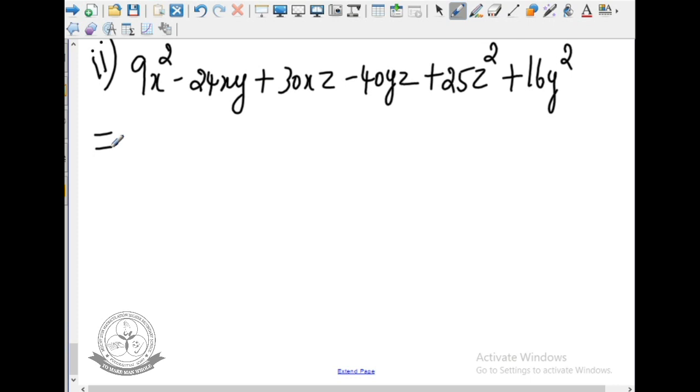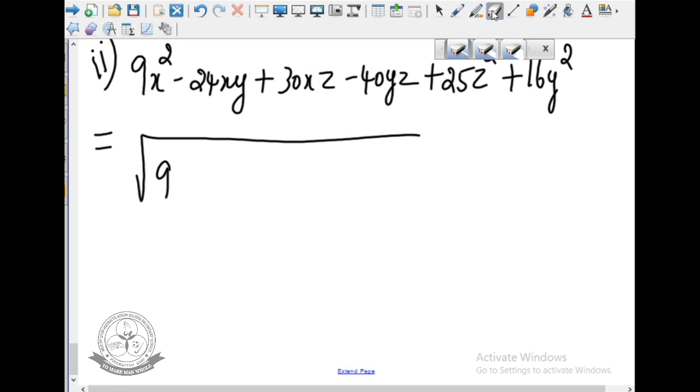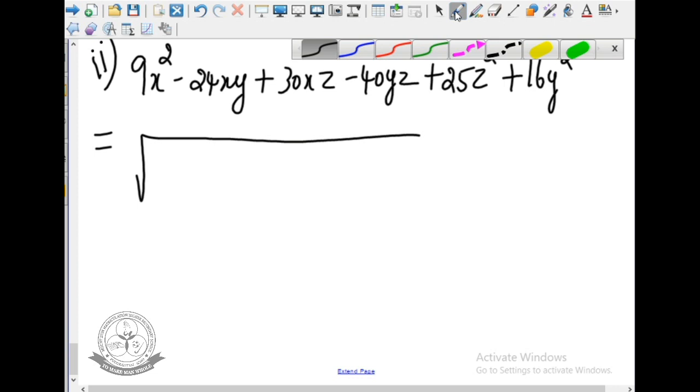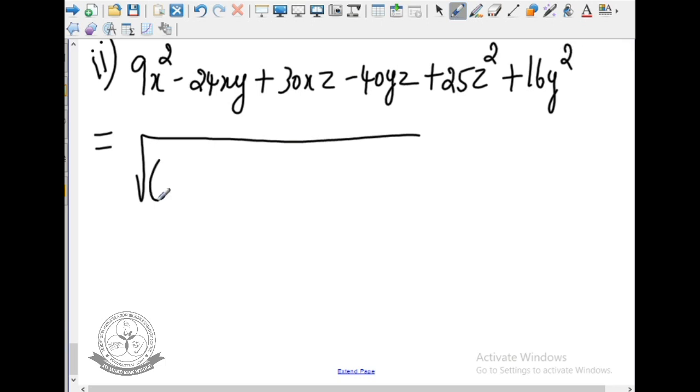For the next step, I am going to write in order, that is the square root of the x term first. So the x term, which one am I having here? 9, isn't it? In the last class I told you that for this type of problem I have a clue, that particular clue being that number itself. So for x square, that number also we can take the square. So 9x square means how can we write?